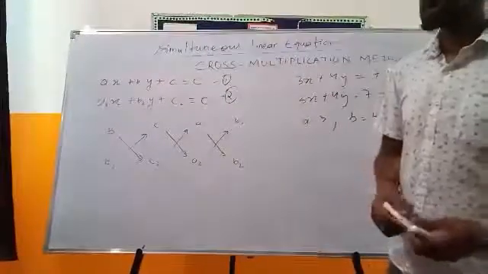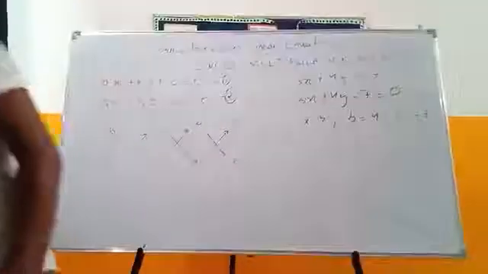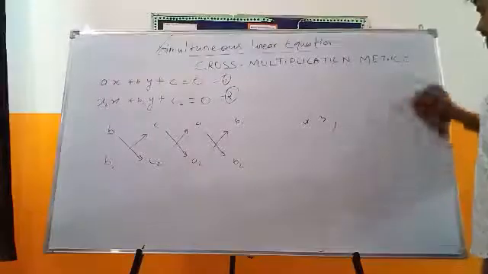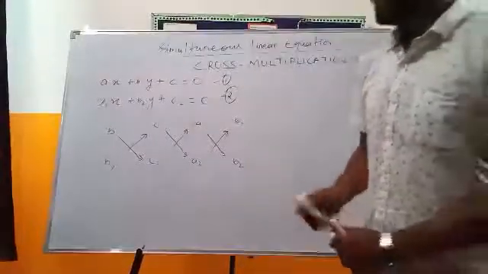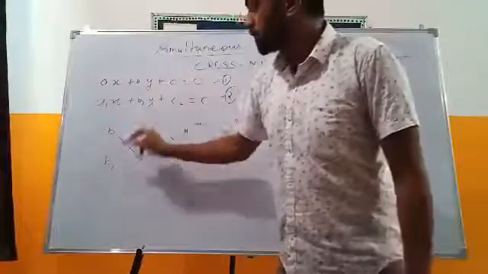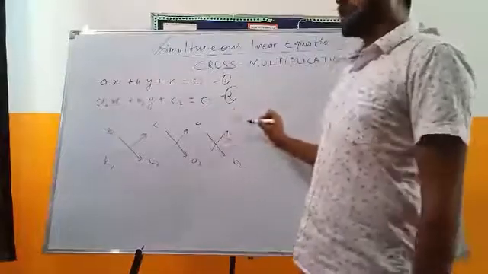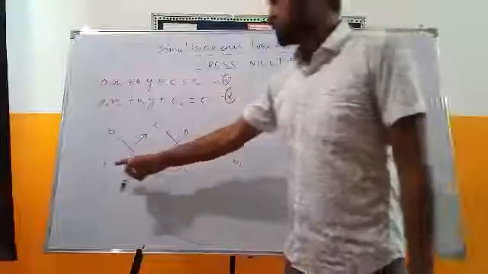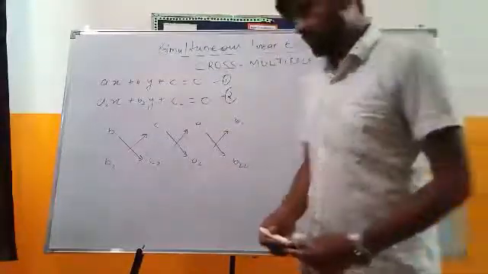Because in order to explain the cross multiplication method, what is the cross multiplication method? This is the third method that we'll be learning. In this method, what we usually do is we take B1, C1, we write in cross multiplication form: B1, C1, A1, B1. B1 we write two times, but we always start with B1. Second also B2, C2, A2, B2.